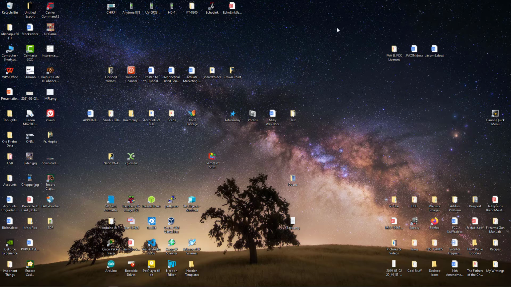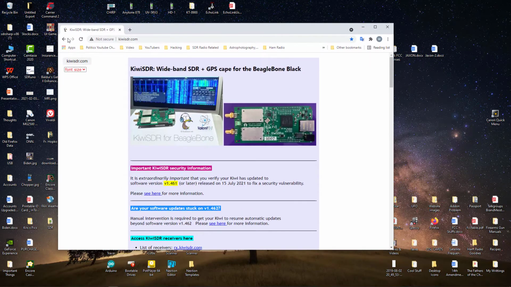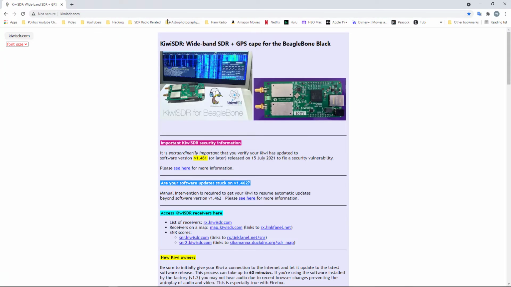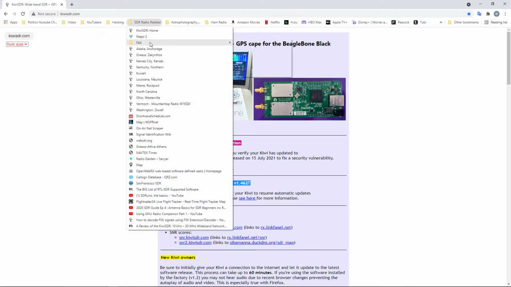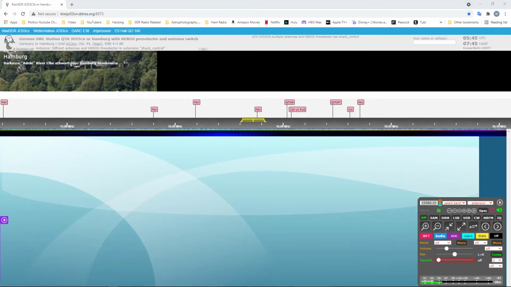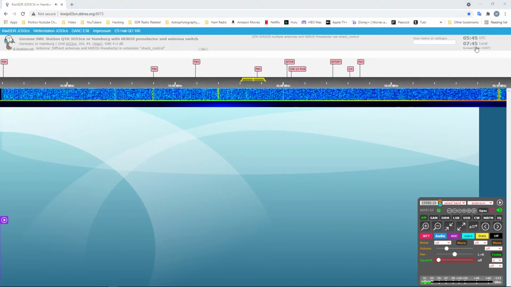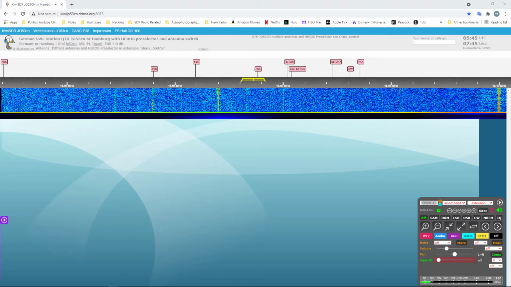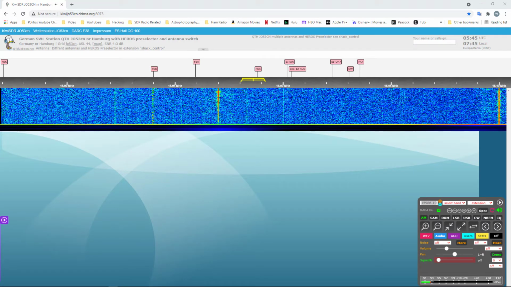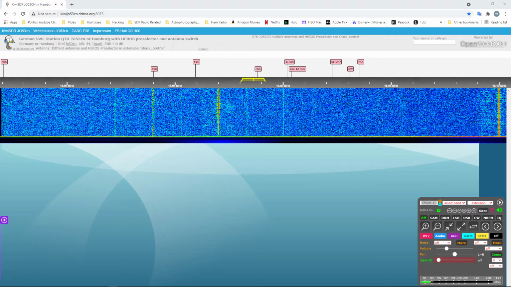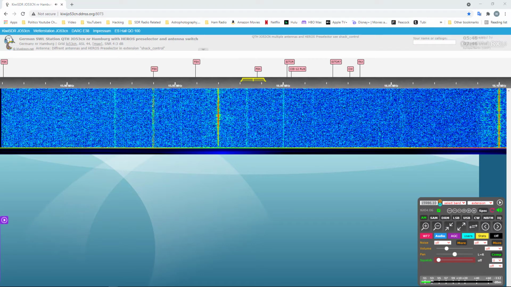So I'm gonna run this back over here. SDR, fax. And I'm gonna pick this one. So right now it's 5:45 UTC. 5:25, one just passed.